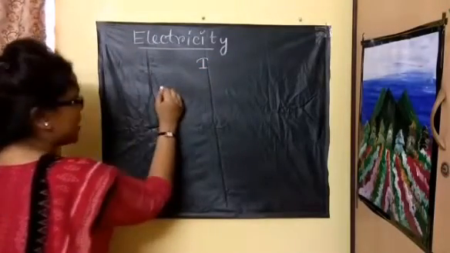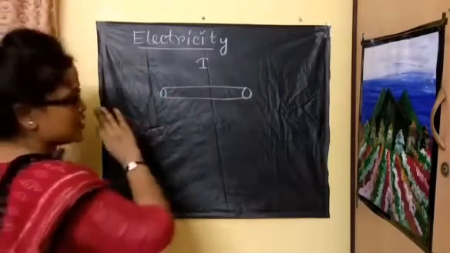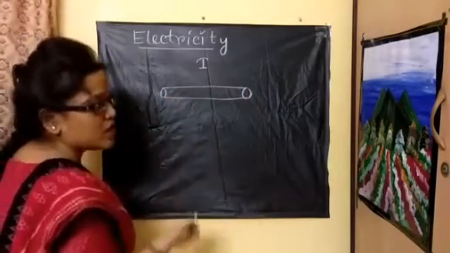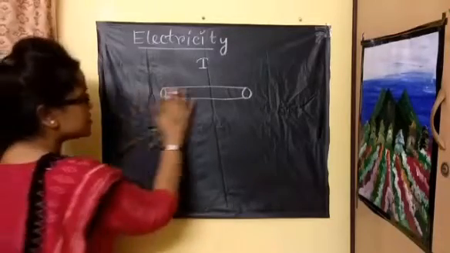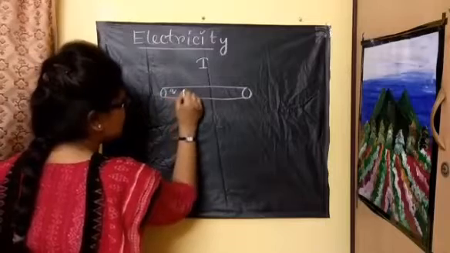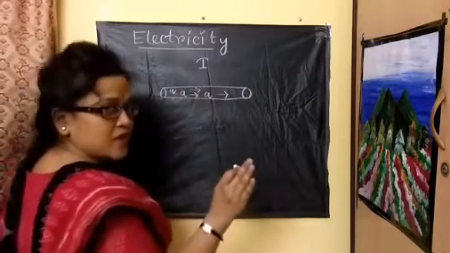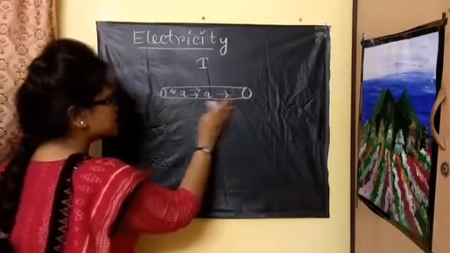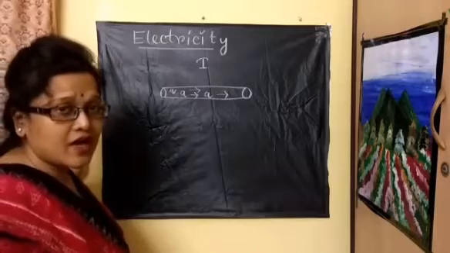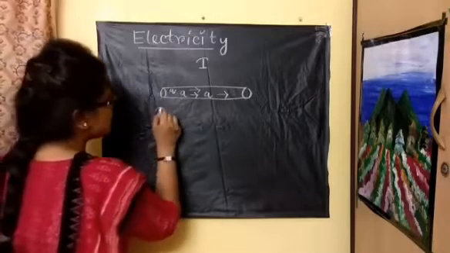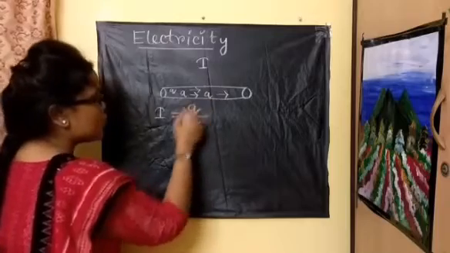Suppose I have a conductor. As I said, whatever we are discussing in electricity, all of it is the flow of electrons. This is a conductor, and Q charge is flowing through the conductor. This flow of charge means current, and the amount of charge flowing per unit time is called the current. So how would I define current? Current is defined as the charge flowing per unit time, simply Q by T.